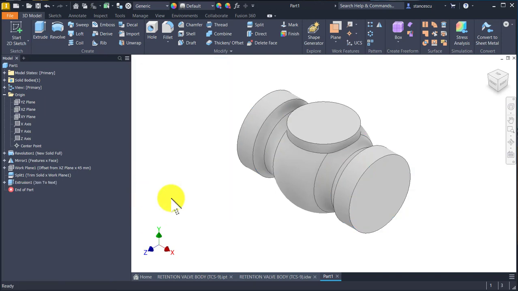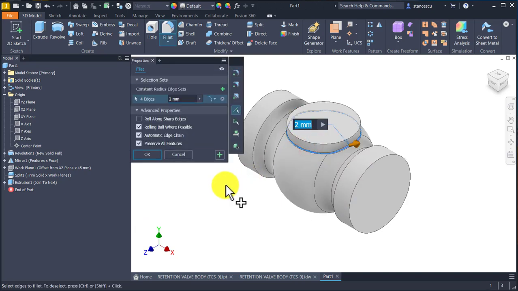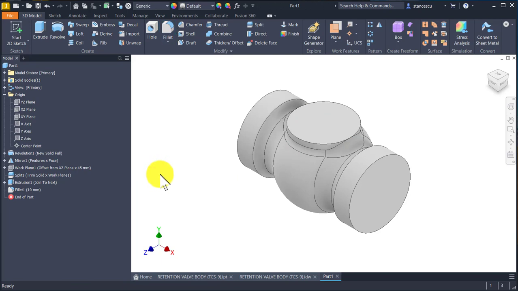Okay, I apply fillet, to not forget, 10 millimeters is the radius. Okay,